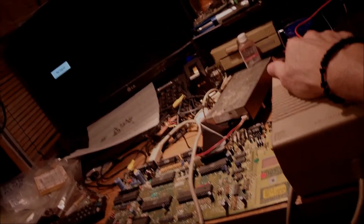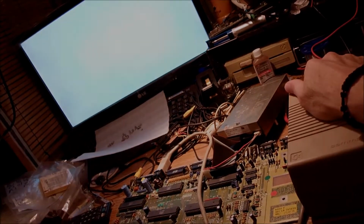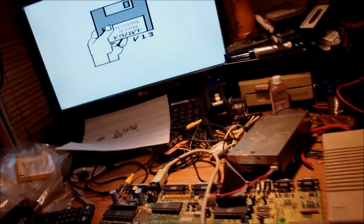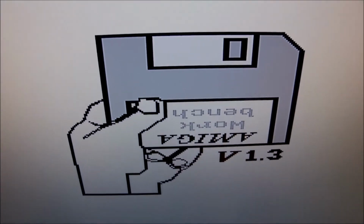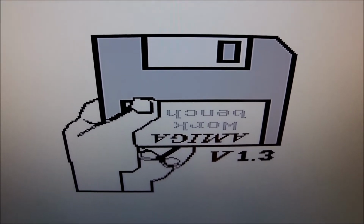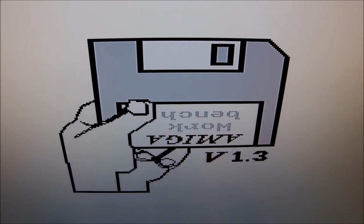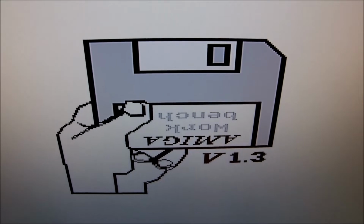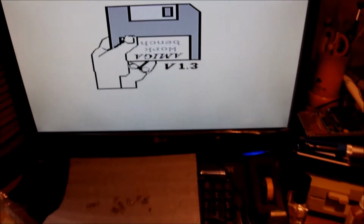And this is the best part, the moment of truth. Always, I'm lucky I have this. Wow, it works. Wow, it came up. I'm lucky I have this power supply from my Amiga 600, but I didn't have any 500 before. I never had one actually before. Oh yes, it works. I guess my $3 Amiga is worth every penny,